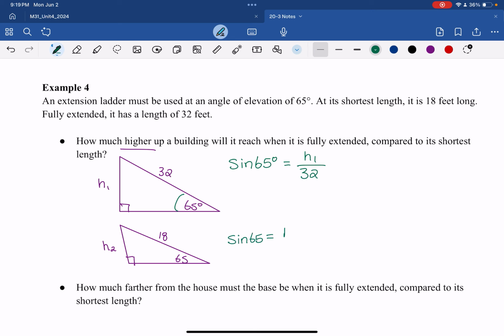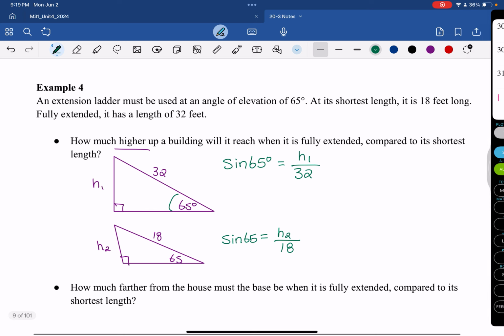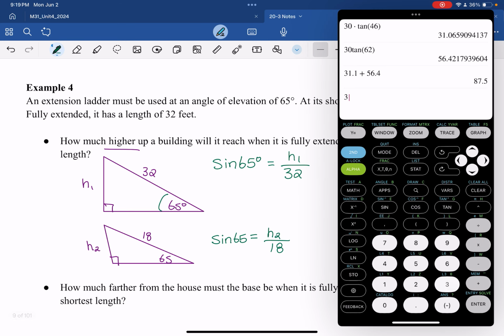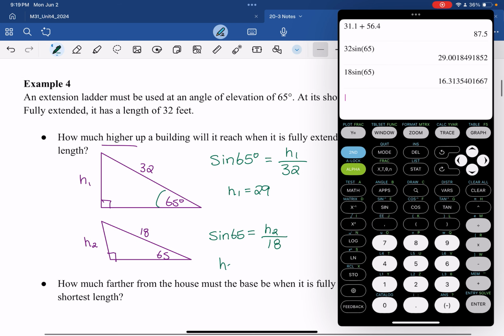We just have to change out our hypotenuse. So here my height 2 is my opposite, my hypotenuse is 18. To solve these, I'm going to go 32 sine of 65. So height 1 is 29, and 18 sine of 65 is going to be height 2, which is